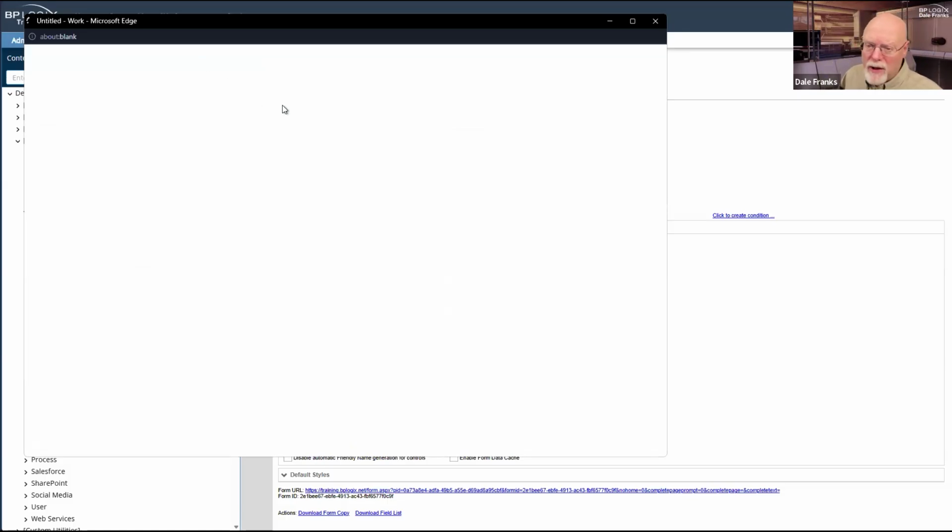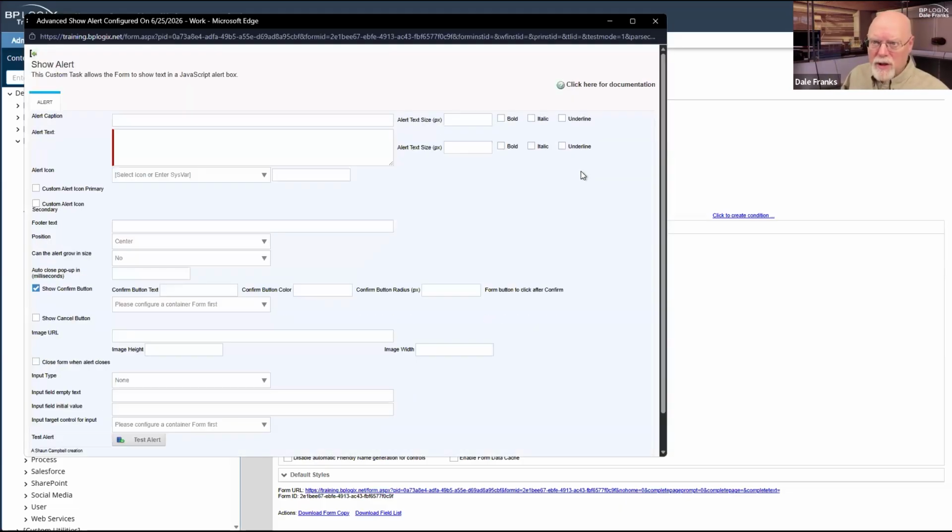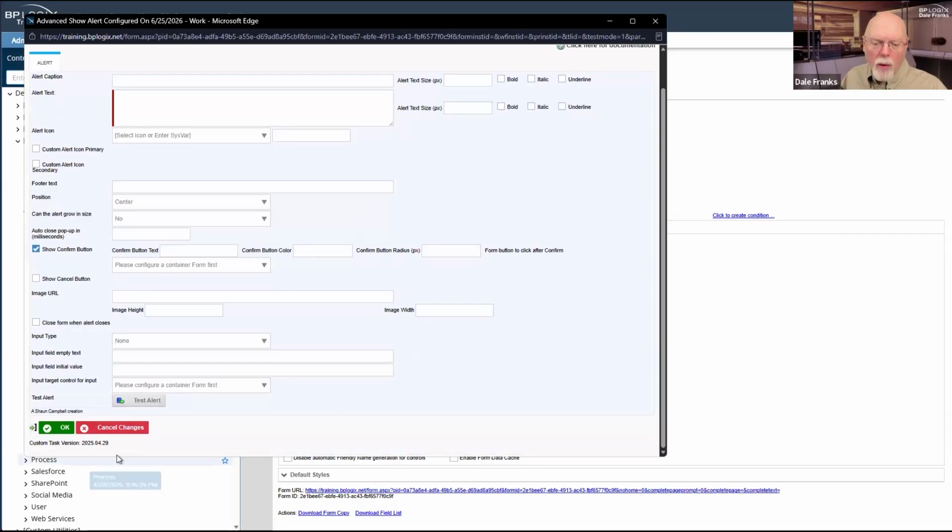The other method is just wherever you are using the custom task, whether it's in a form or a timeline, just hit the configure button to open up this configuration screen and scroll all the way down to the bottom. And that is the version of this custom task. Each custom task has their own individual version.